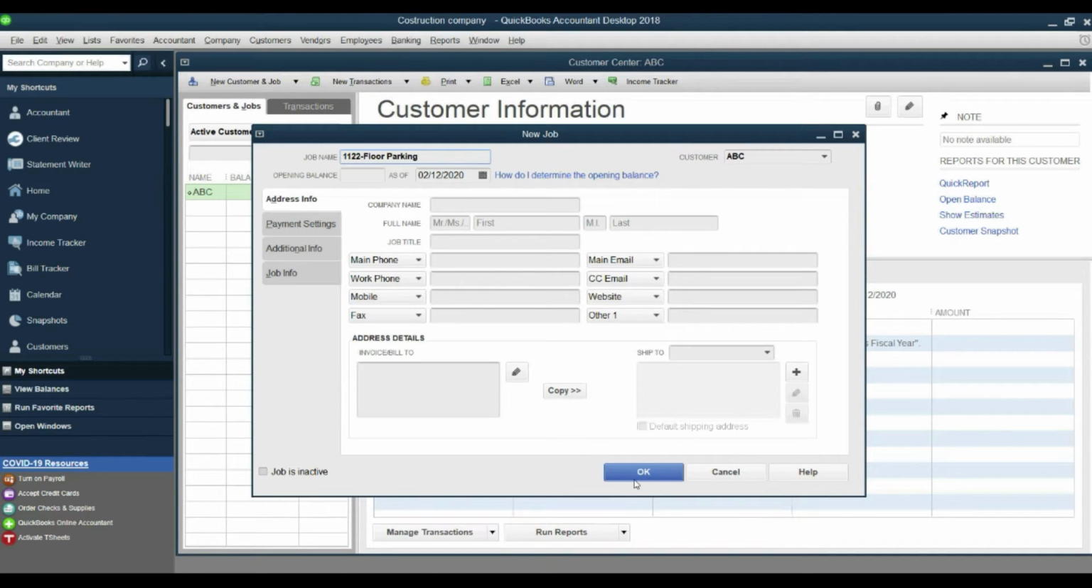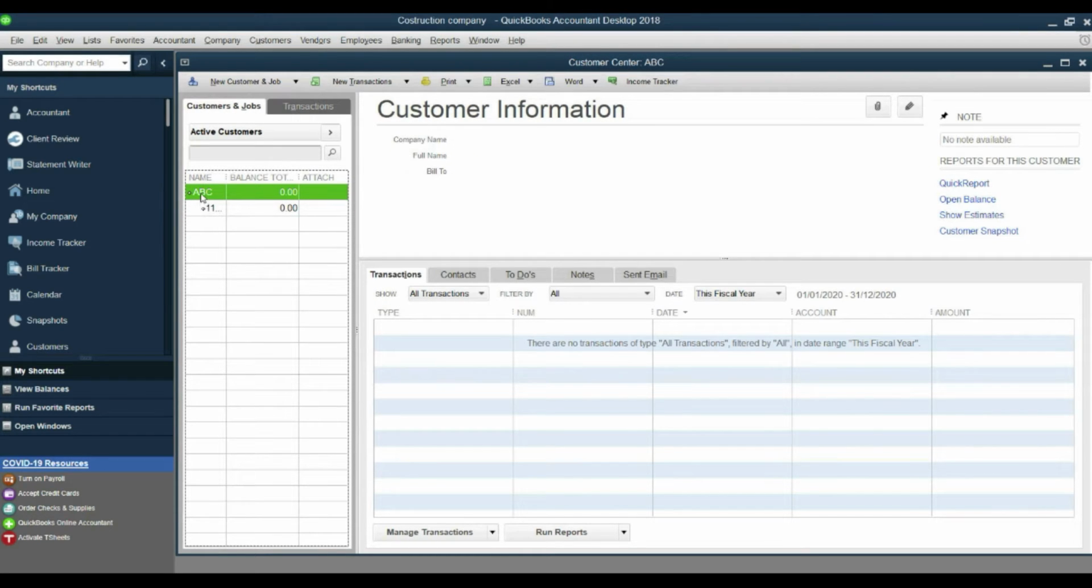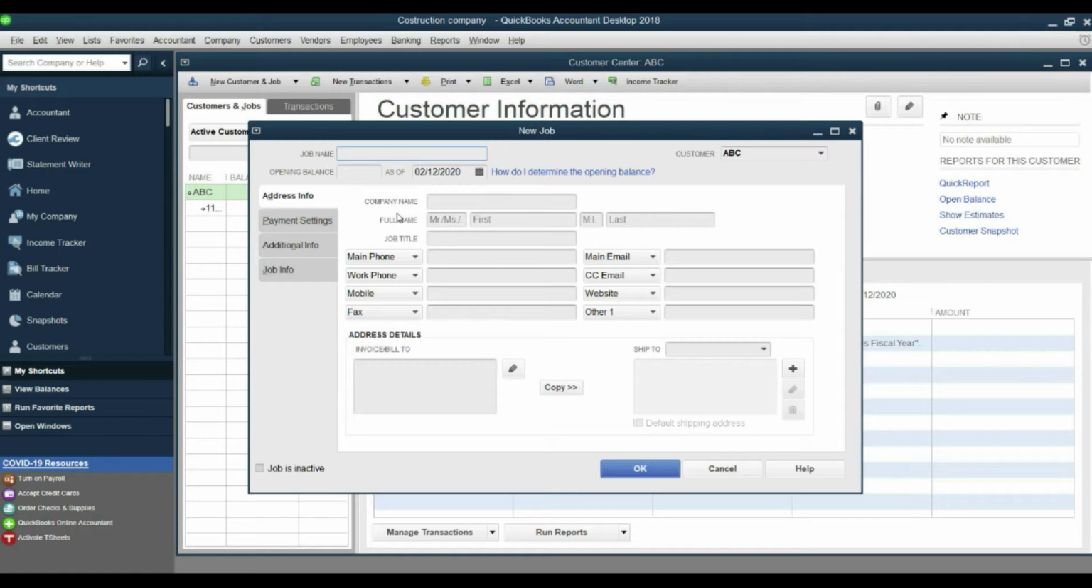Okay, click OK. Similarly, if you have another project with the same company, just click on this company, don't click on this, otherwise it will become a sub project of this. Just click on it and click add job, and here you will again write the project code, suppose in this case 2211, and this is for